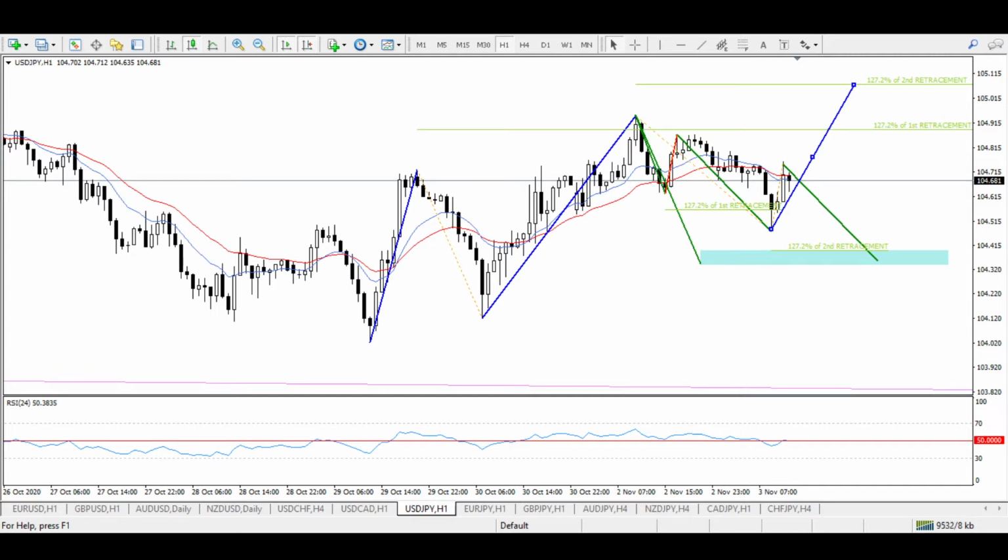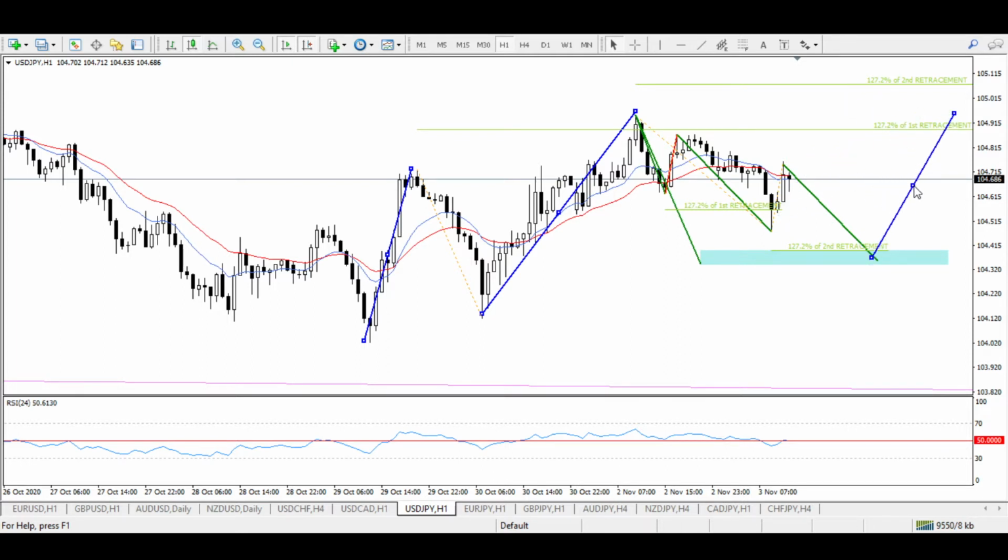We have a possibility of formation of a 3 drive. So now we can say that the 3 drive is under construction. This was the first drive, then we got this first retracement, then this is the second drive, and then we got this retracement from this point to this point. This is the second retracement, and the third drive can be completed right from this point,